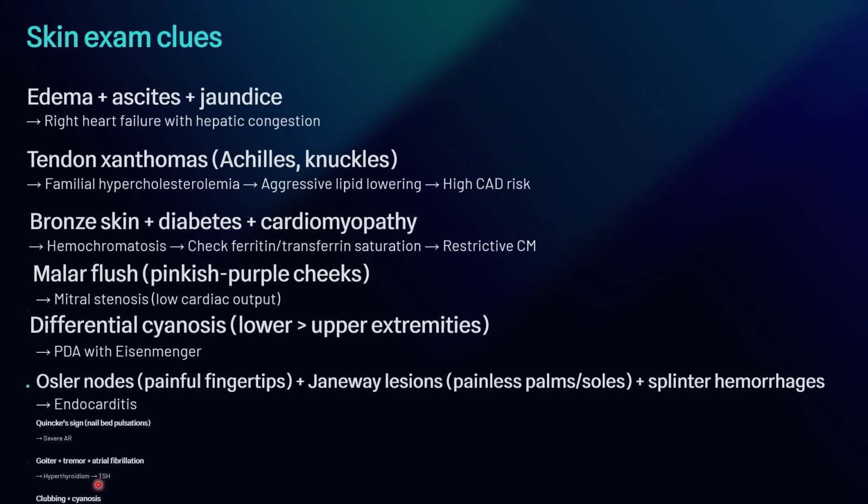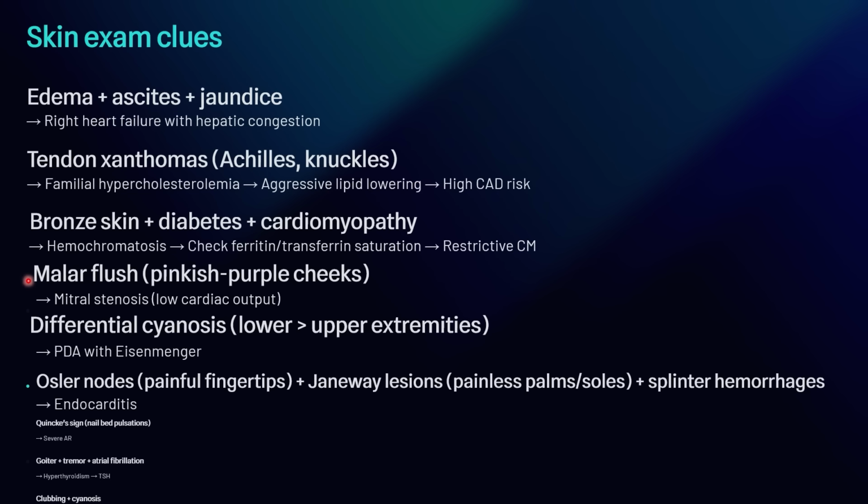Skin, and excuse me for these little things, I forgot to fix them, but look at the large fonts here, large points. Edema, ascites, jaundice, right heart failure with hepatic congestion. Tendon xanthoma similar to xanthelasmas, in the Achilles and knuckles, familial hypercholesterolemia. We need aggressive management as well. You probably know the bronze skin and diabetes and cardiomyopathy. This is